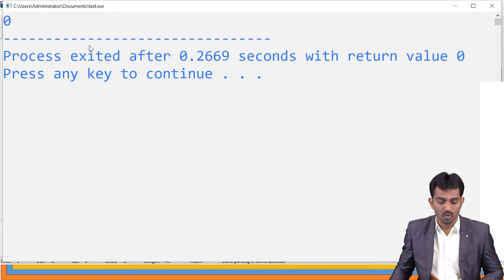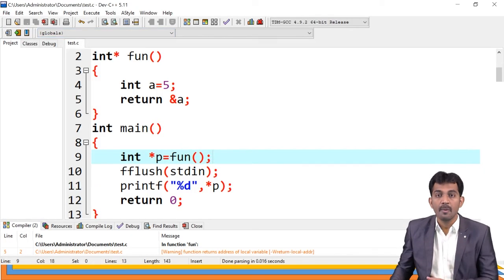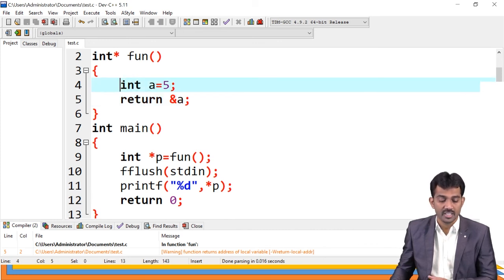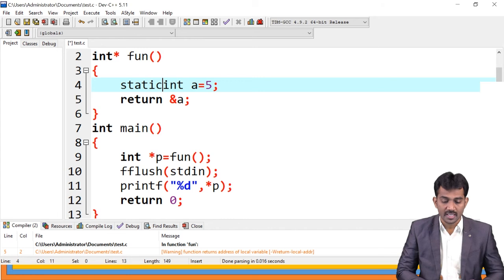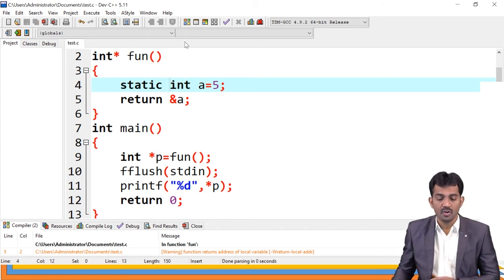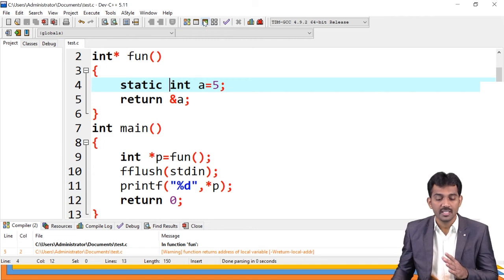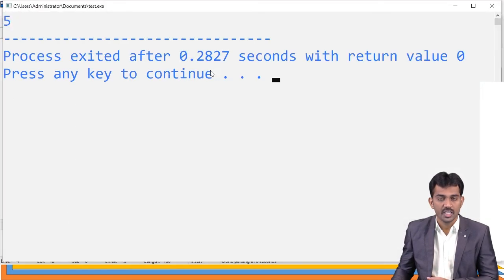Zero, right? Zero. Why? Because now the pointer's allocated memory is not constant. So the variable exists only up to this function, not for the entire program. For example, if you use static, you already learned the storage classes, right? Static int. Now if you run this code, static means the variable is available throughout the program's memory, right? Yes or no? Now see, the output is 5.